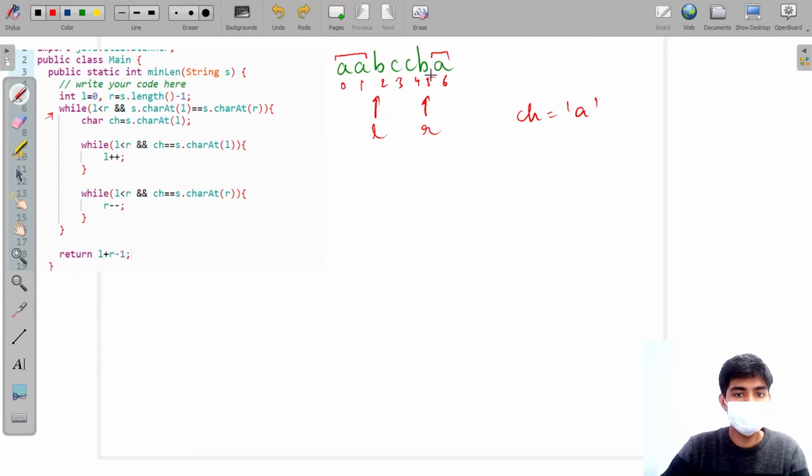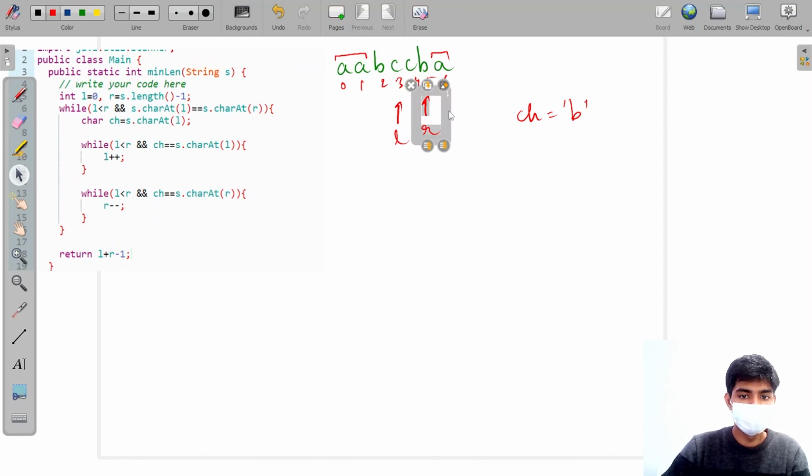Now the characters at left and right are equal, which is B. So my new character will be B at this moment, right? So my low will go here, and my right will go here. Okay. So I skip this B and I skip this B, right? My low is here, my right is here, and I go here again, right? My new character will be C,